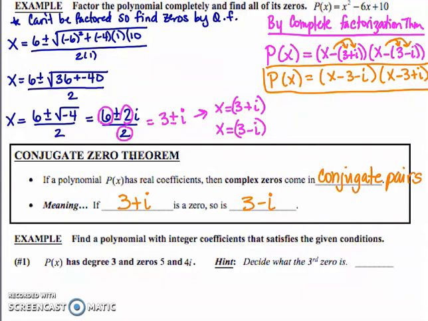Well, we know that by the conjugate zero theorem, if positive 4i is a solution, then our third zero that they didn't give us, tricky, has to be negative 4i. So if we just want to write this polynomial out using the fact that the zeros are 5, 4i, and negative 4i, my first step is it's going to look like this. P of x equals